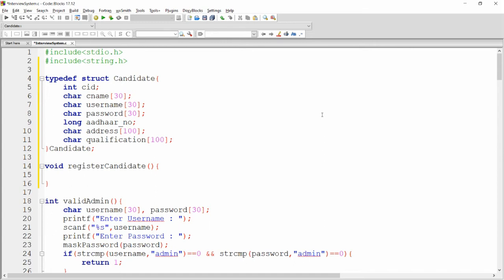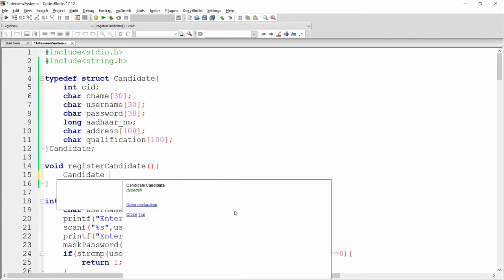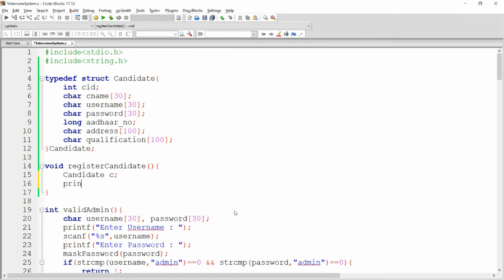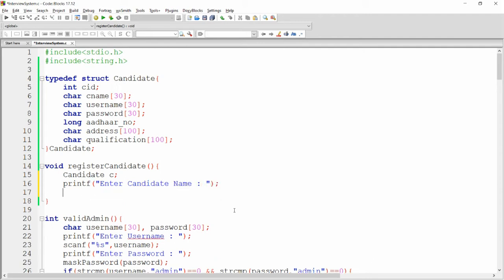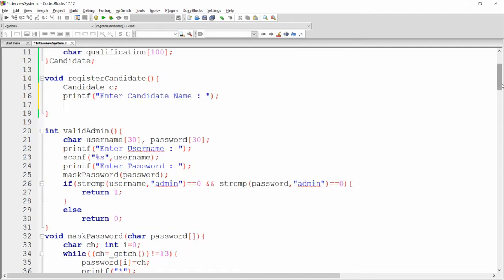Now I want to get the information about the candidate in the register candidate function. So here we can simply write candidate c, and here we can write printf enter candidate name. Now I want the candidate name to contain spaces.